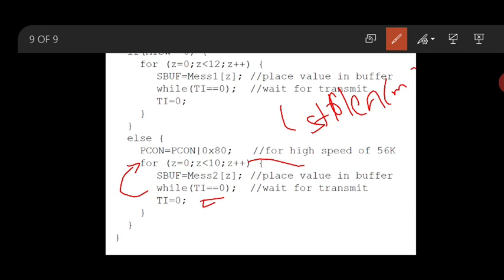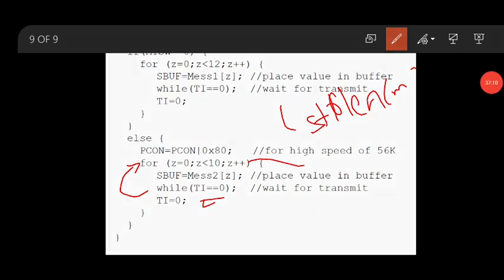So H will be transmitted, I will be transmitted, G will be transmitted in the loop. This process will keep on looping until all the characters of mesh 2 are transmitted. When it is done, the loop will be broken, it will go to the main program, and this process will keep on looping.